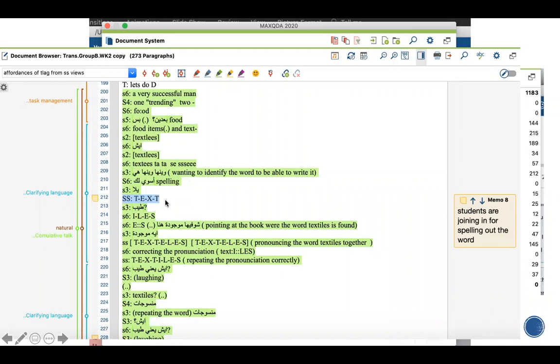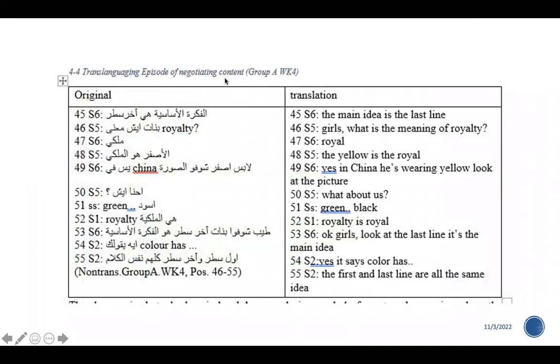By using sociocultural discourse analysis, I look closely at these translanguaging episodes, and then I categorize them according to the type of talk of Mercer. So there's cumulative talk, exploratory talk, which is where interthinking happens and where learning really occurs during these episodes. I just wanted to give an example of what was there in the classroom.